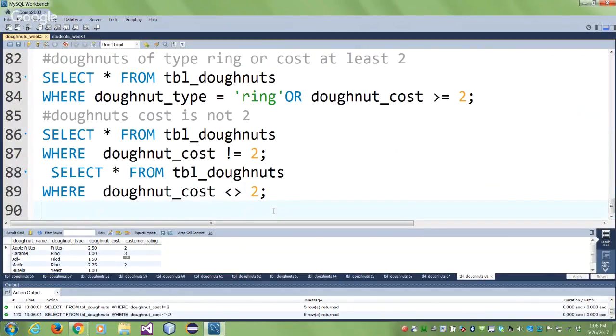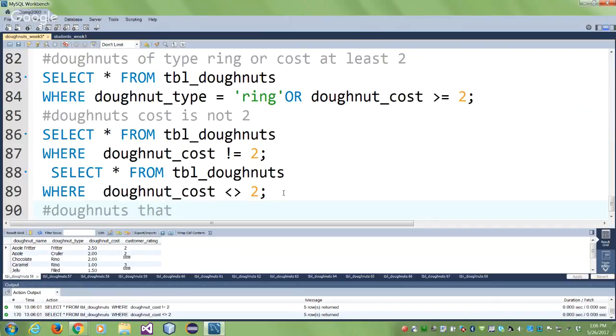Now, as I said, there is a major difference between null and an empty string. They're two different things. Okay, so let's try. How do you compare with null? Let's try something with customer. What was null? Something was null in a few records. Let's look at the first one. Customer rating was null. Okay, let's look for those donuts